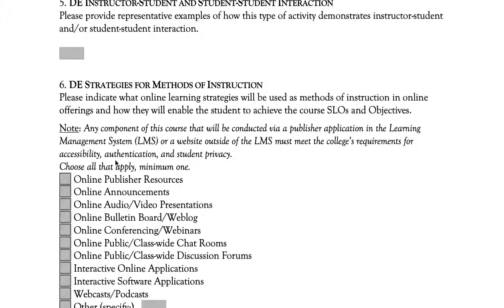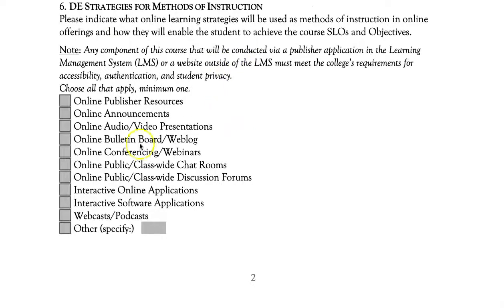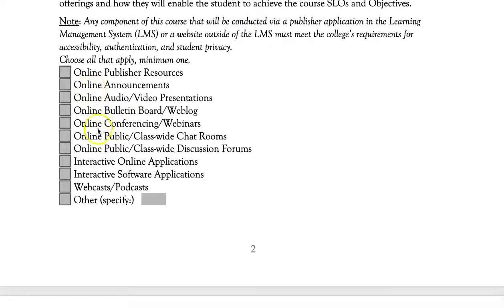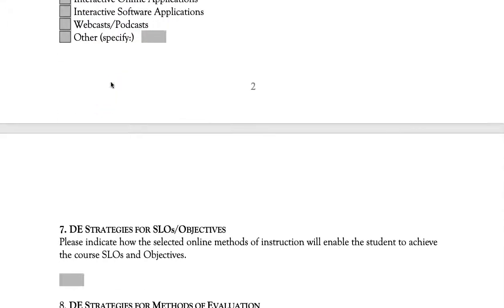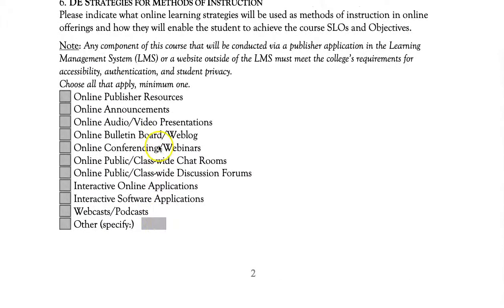of instructor. For number 6, we talk about strategies for methods of instruction. So for example, will we be using announcements? Will we be using additional applications? Will we be providing video presentations? And then in number 7, you explain how the course student learning outcomes or objectives are met by these methods